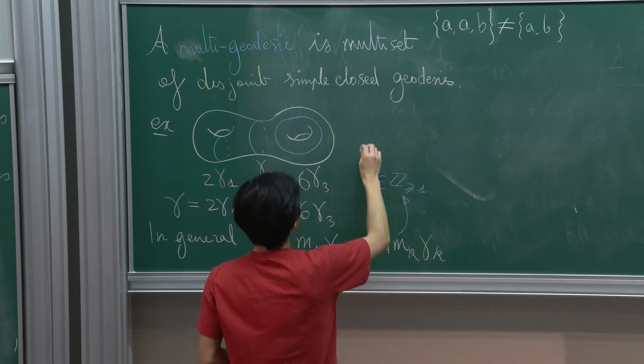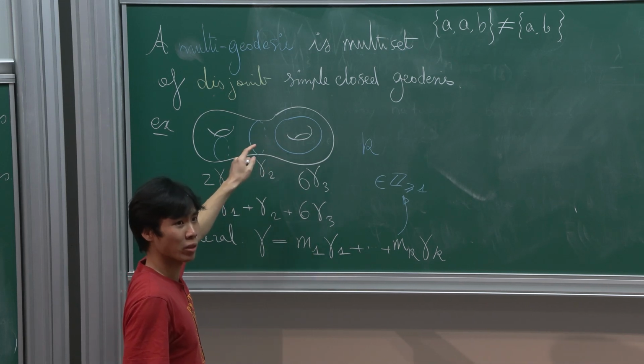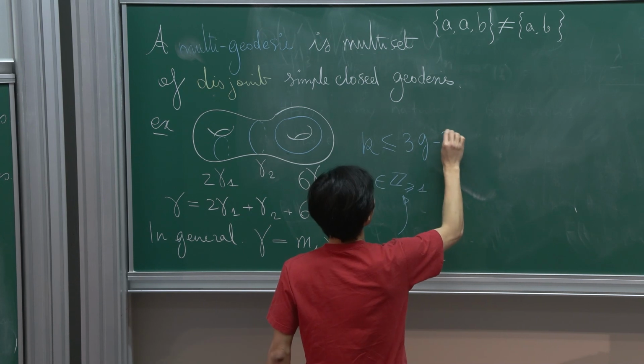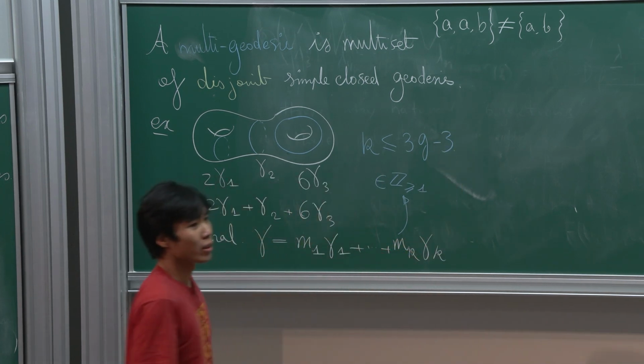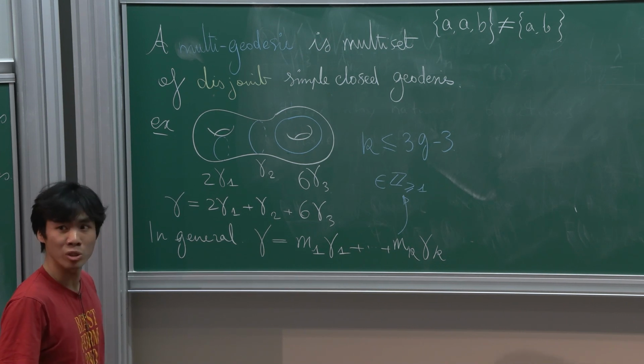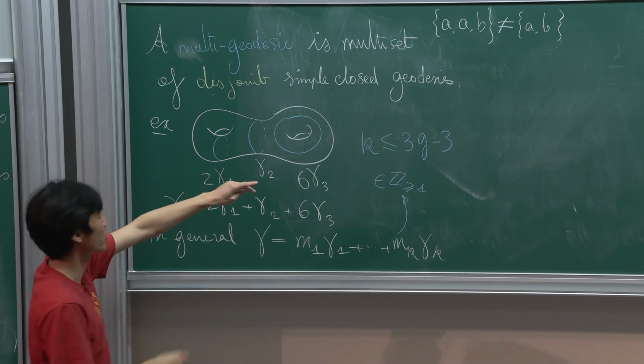And of course, there are some conditions on k because you cannot have too many of them. It should be at most, I'll tell you directly, 3g minus 3, which corresponds to the pants decomposition case, which means that when you cut your surface along all these curves,